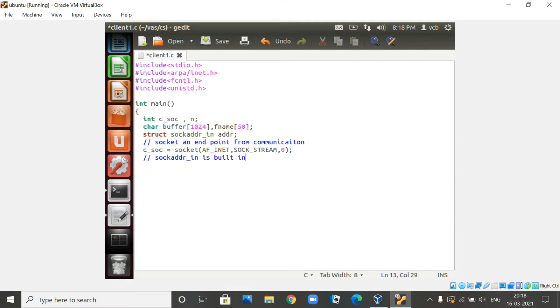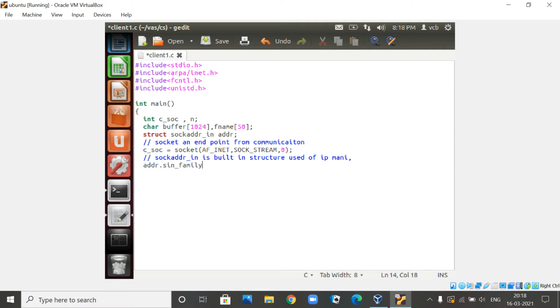As we told, it is a built-in structure used for all your IP manipulations, right? Now what is the name you have used for this structure? It is ADDR. So ADDR dot sin_family.